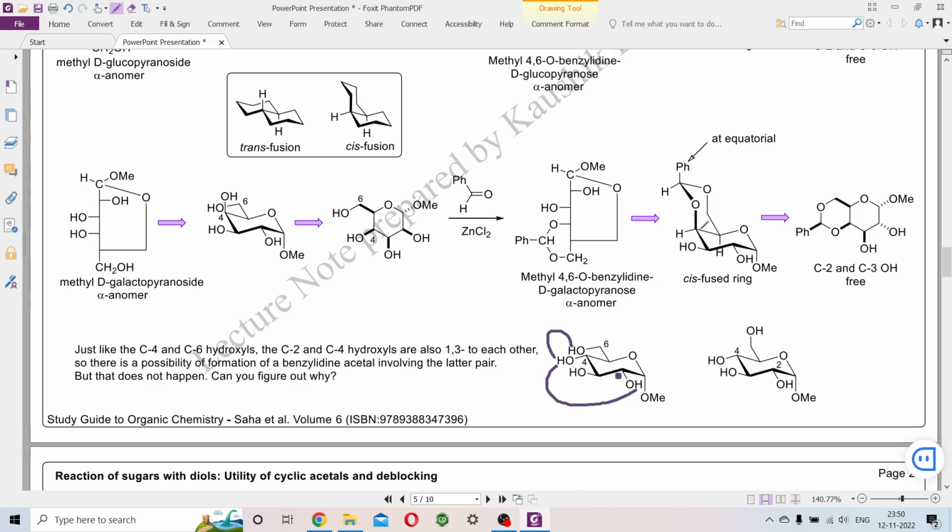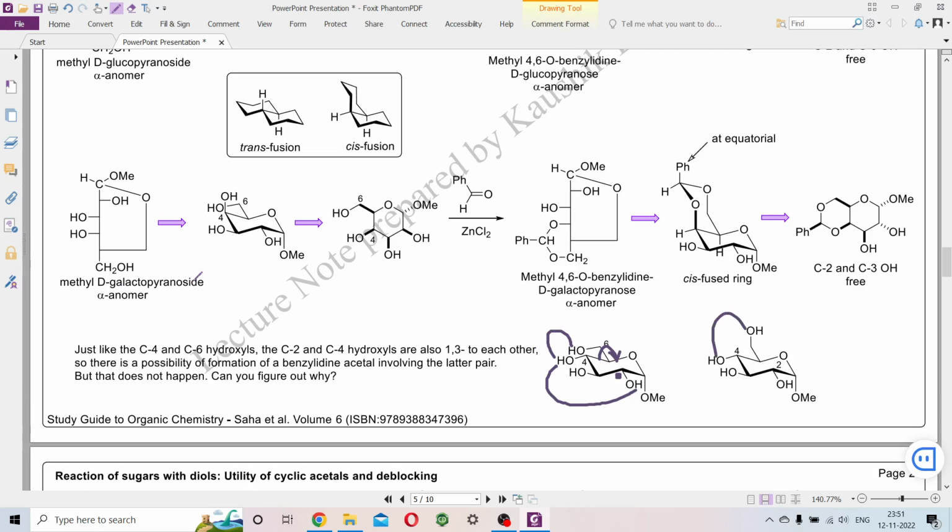So benzylidene acetal formation involving the C2 C4 is not possible, but because C6 is attached to the ring with a single bond and it can rotate freely, so here you cannot form the ring, but in this direction you can obviously form the ring. What about